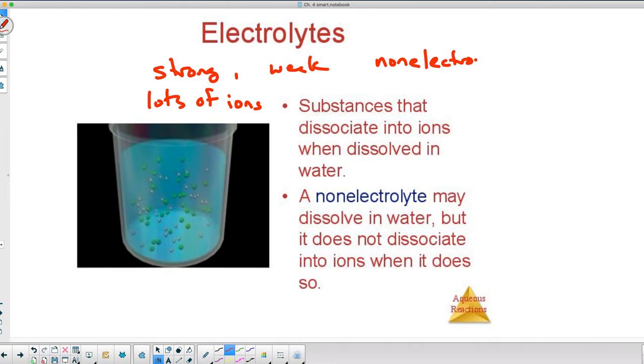And a non-electrolyte is something that does not have ions but still dissolves in water. The best example of a non-electrolyte would of course be something like sugar. One of the sugars is C6H12O6, glucose, I believe. Some of them, like sucrose, is C12H22O11. These are all different types of sugars, and all of them dissolve in water, but none of them produce